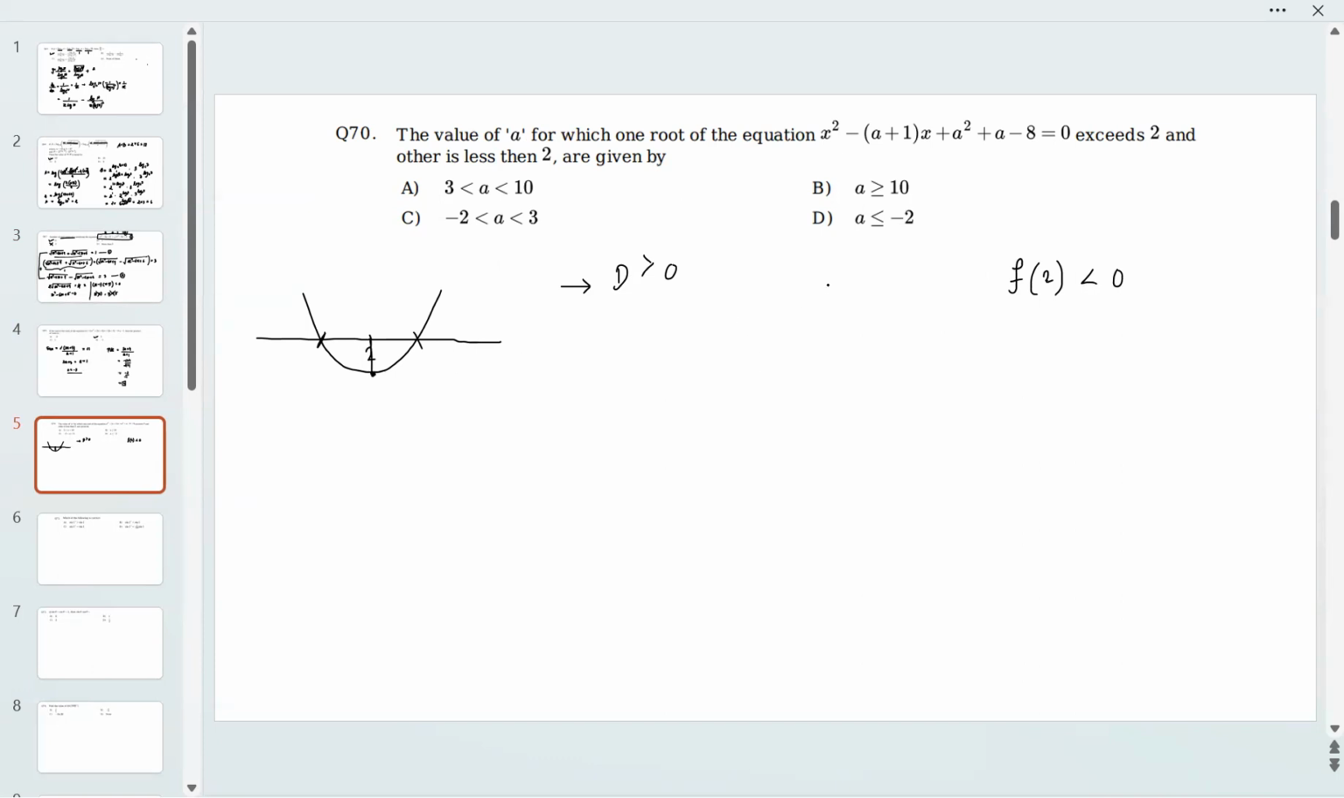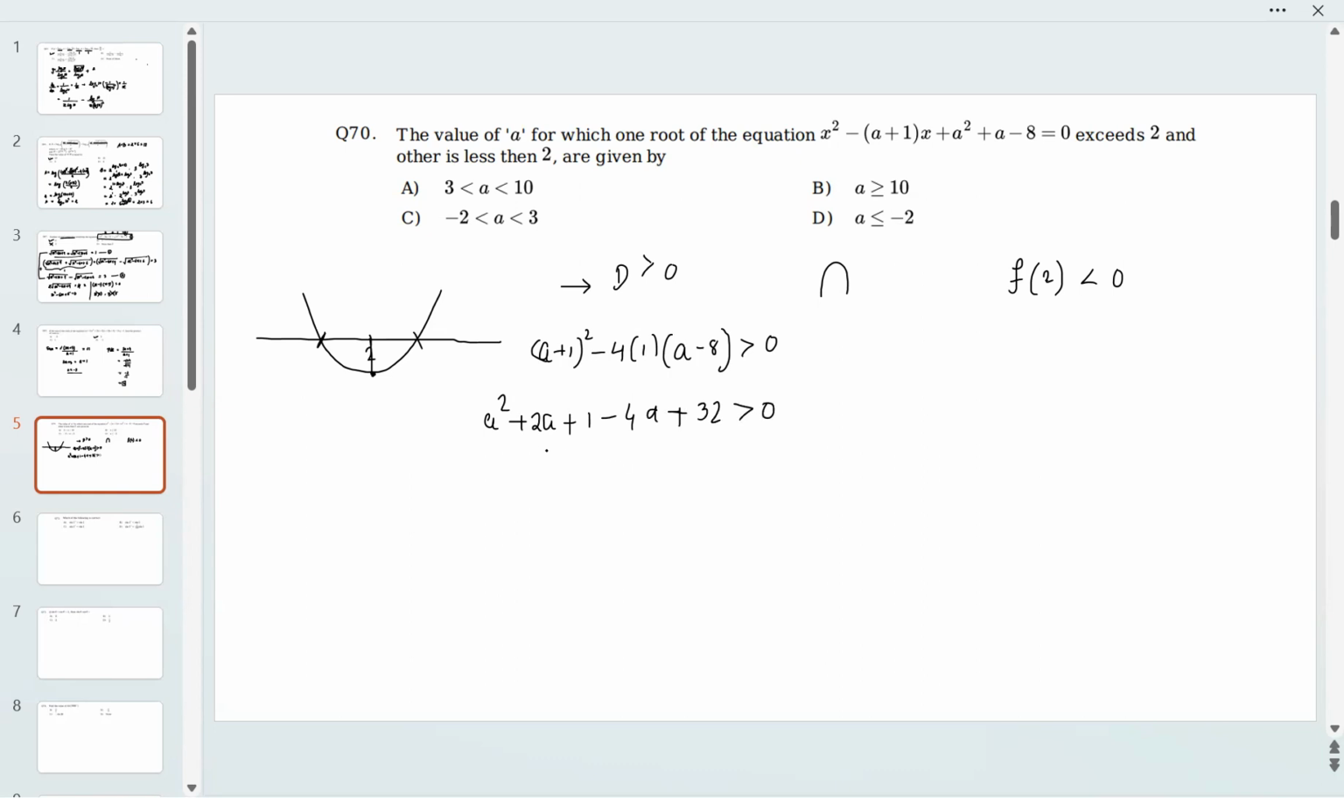So by solving this and by taking intersection of both, we will get our answer. Let's solve D greater than 0. D means b square minus 4ac, so (a plus 1) whole square minus 4ac. A is 1 and c is a minus 8, greater than 0. Now if I open this quadratic, this will be a square plus 2a plus 1 minus 4a plus 32 is